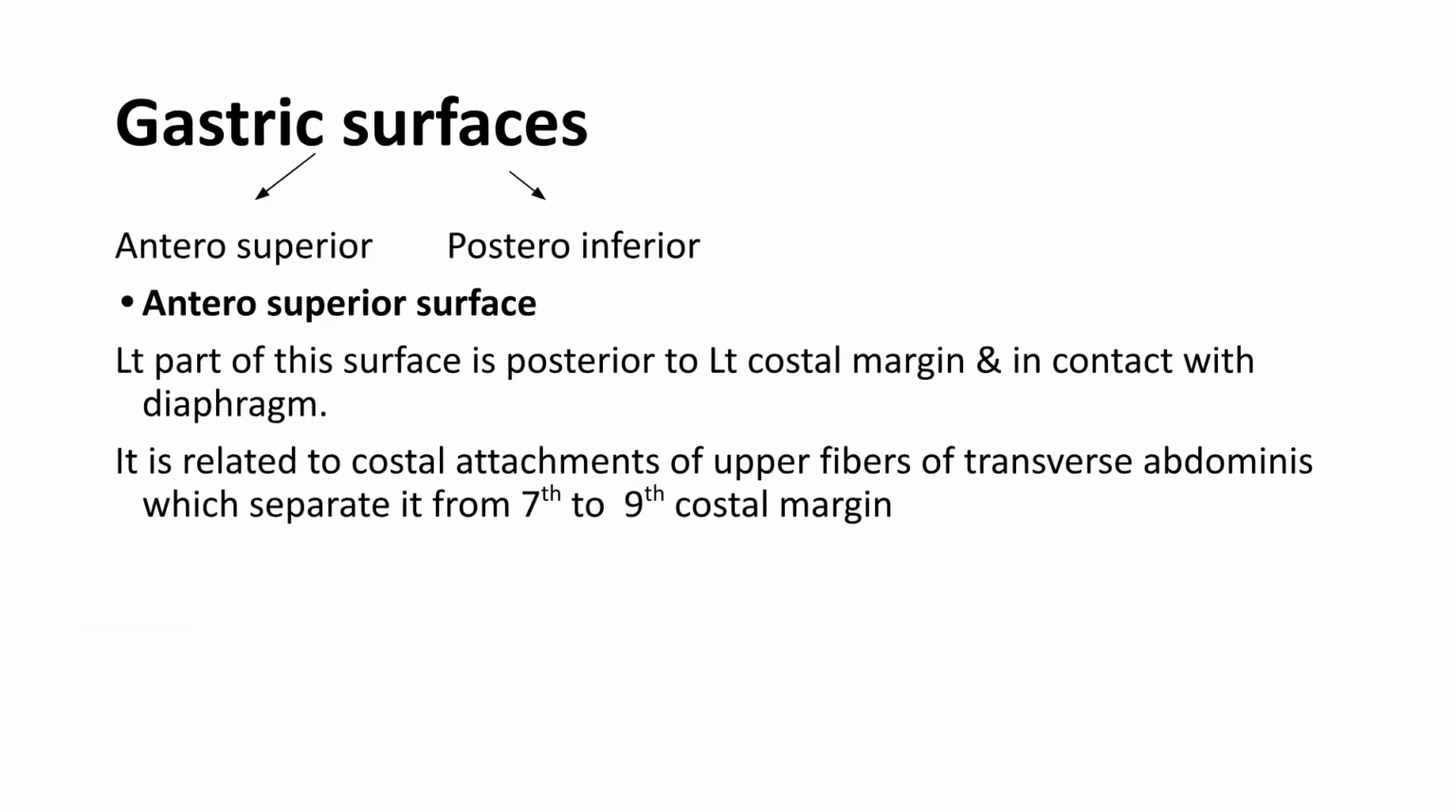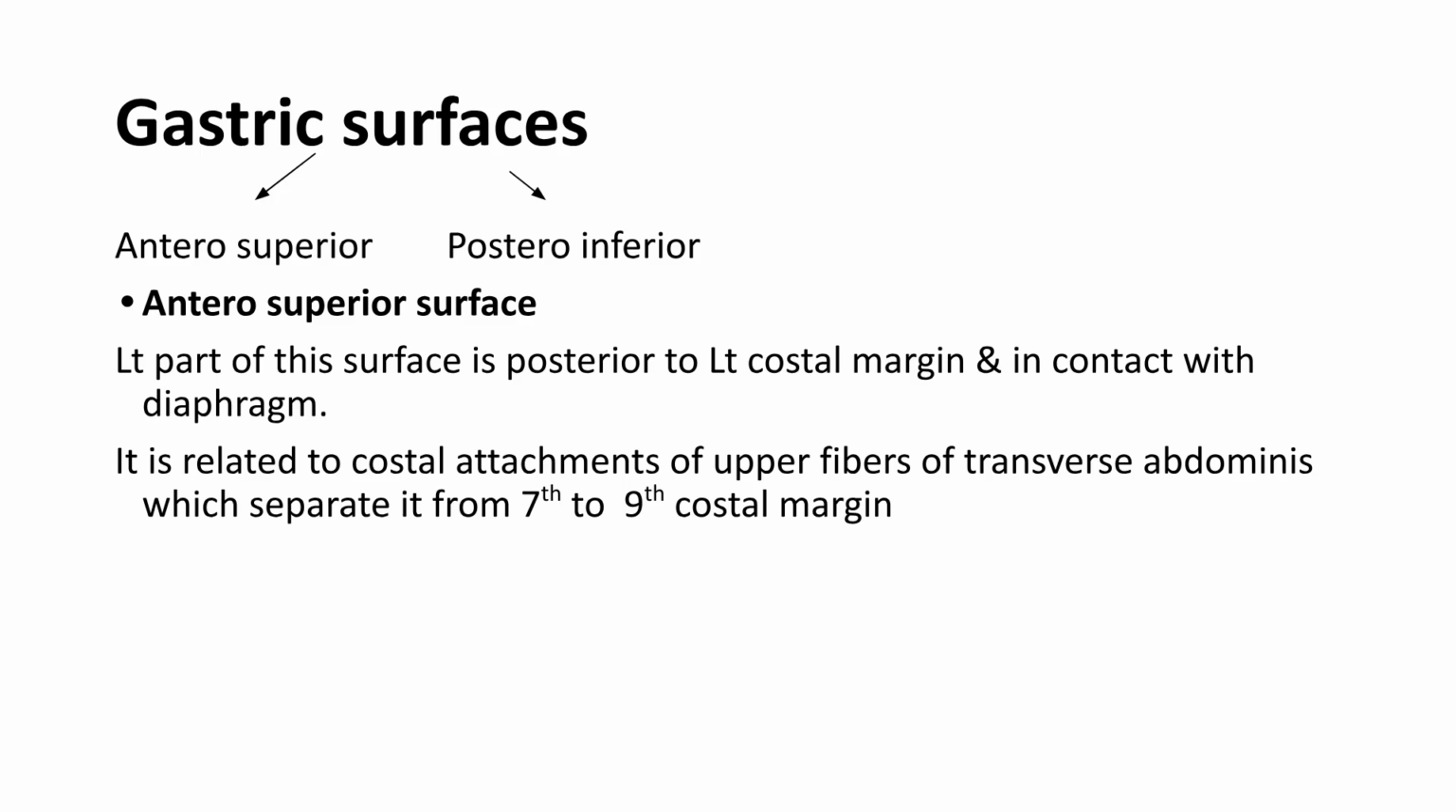The stomach has 2 main surfaces, anterosuperior and postero-inferior. The anterosuperior surface's left part is posterior to the left costal margin and contacts the diaphragm. It is related to the costal attachments of the upper fibers of the transversus abdominis, separating it from the 7th